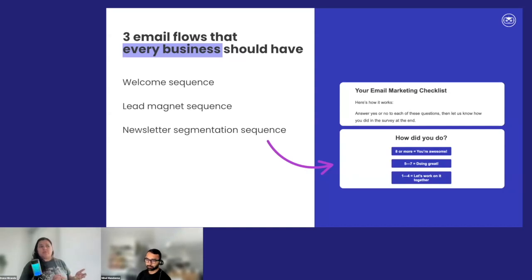And then we ask people, how did you do? Like on this 10-item checklist, how many items did you get right? And then this will help us understand how much help our audience needs. Who's maybe just starting with email marketing, who has some more experience, who's all the way up, like they're pros. So for those people, we can send more complex, more advanced content.